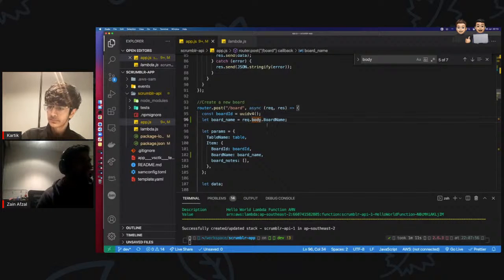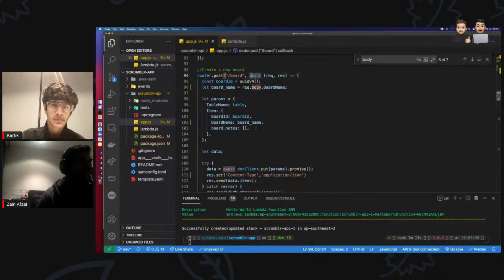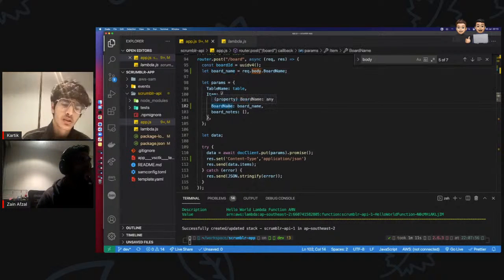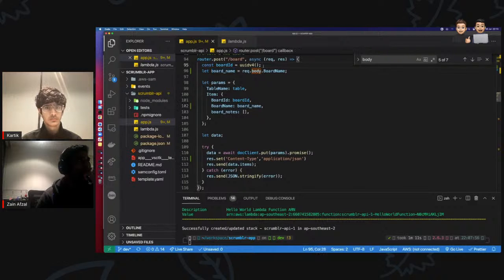So what were you saying again? When we initialize board name inside item, first we can initialize it as a string, then we can try giving it the board name.